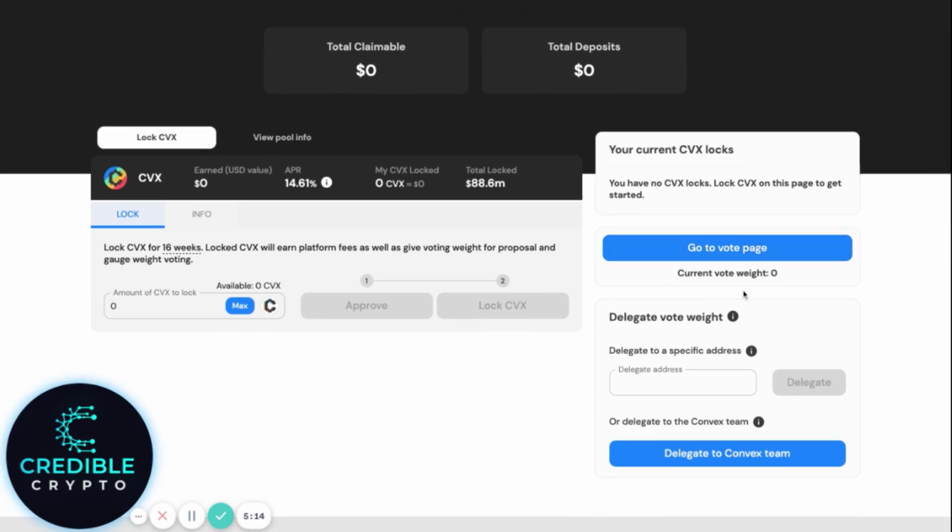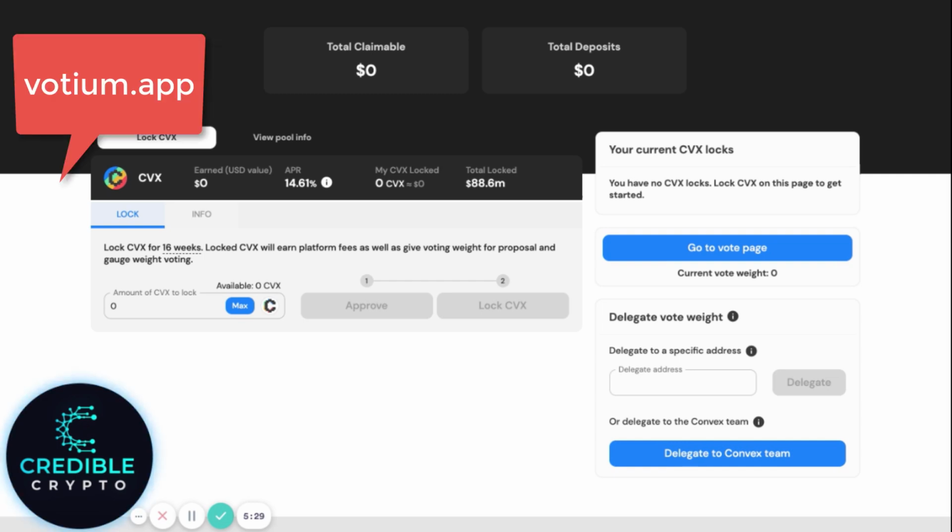And then once you've done that, you have the option of now delegating your voting power to Vodium so that you can collect additional bribes. Let's go ahead and move on to that step. Now we're going to assume that your CVX is now locked. To delegate it to Vodium to collect bribes, we're going to go to